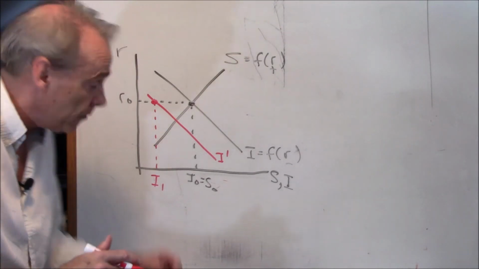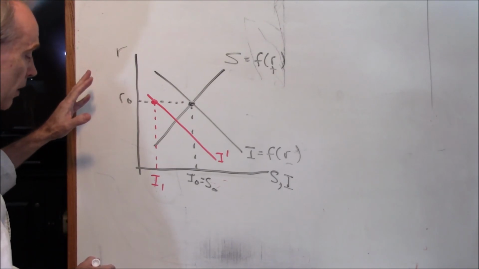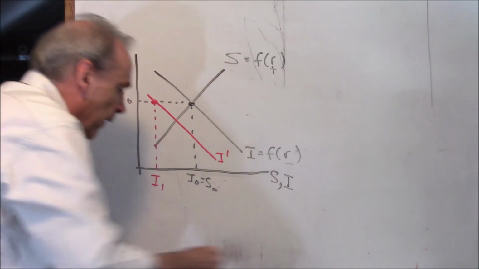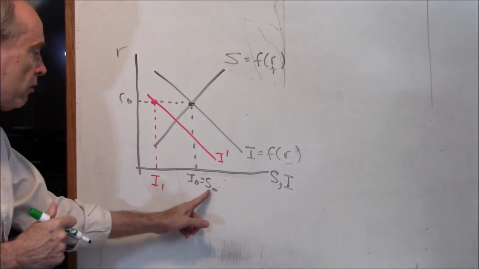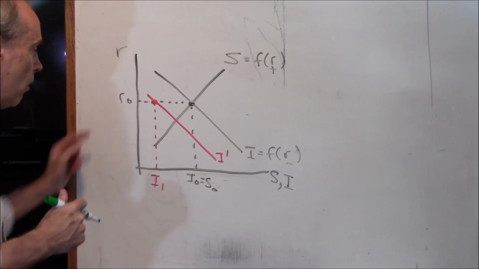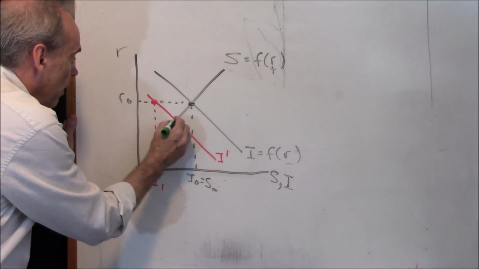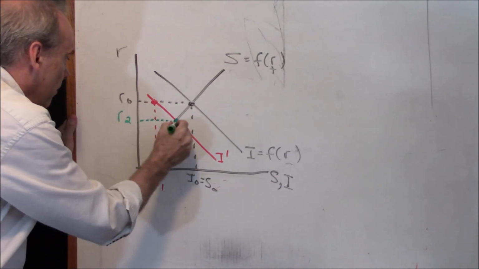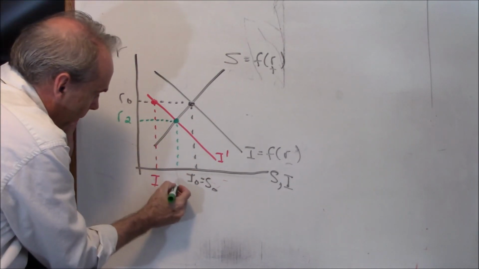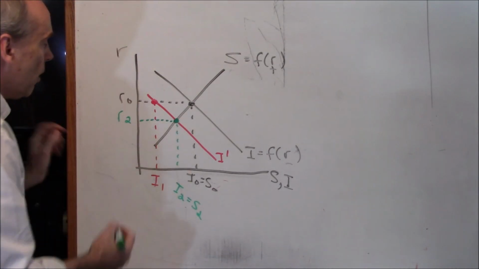She says no. So now what's happening is those financial institutions are saying, well, we're paying interest on this, we're earning interest on this, let's lower the interest rate. And how far are they going to lower the interest rate? To there. Let's call that R sub 2. And I'm not quite going to have room to write this. I sub 2 equals S sub 2. So notice they're going to be equal again.